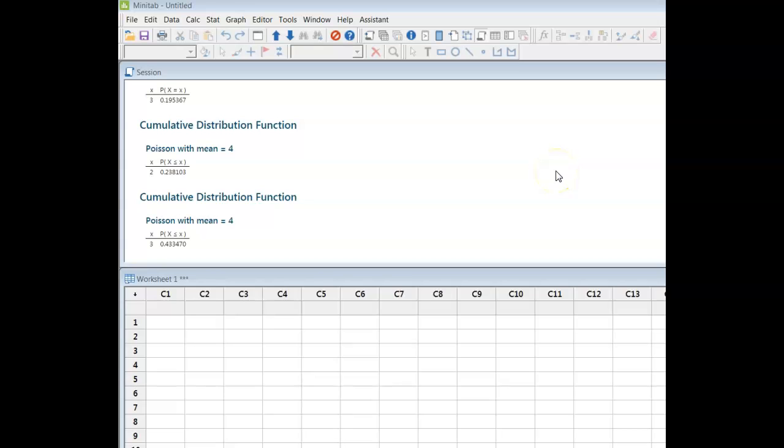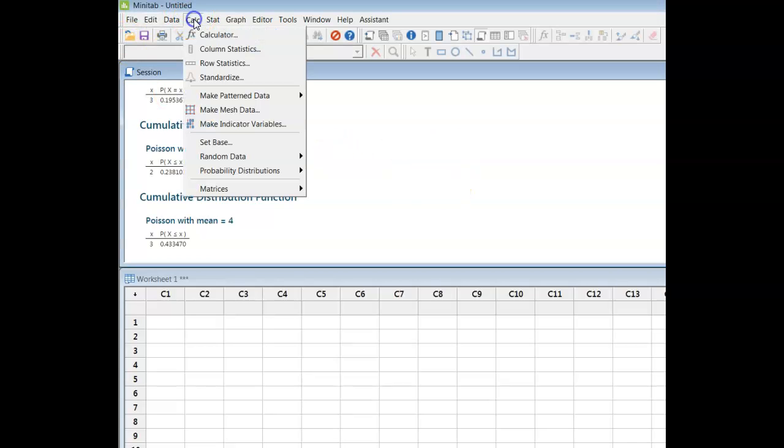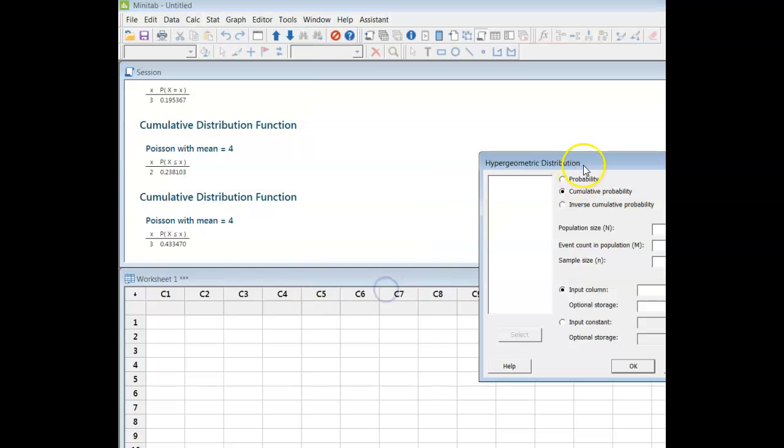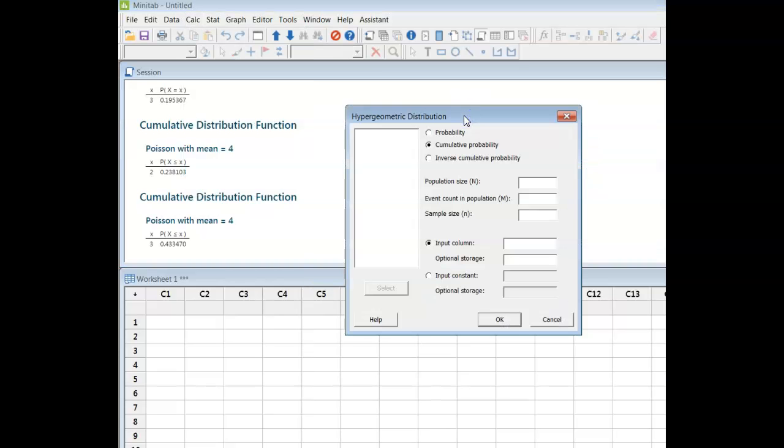Alright, this time we're going to use the hypergeometric distribution to answer this question about the salmonella poisoning. Again, we're looking for probabilities. Probabilities are under the Calc tab, and hypergeometric is right here. Now, when this window opens up, again I get the same options as the other distributions we've looked at, but